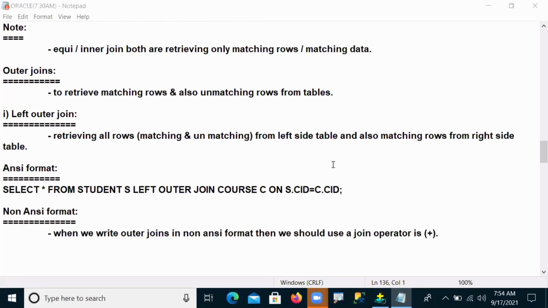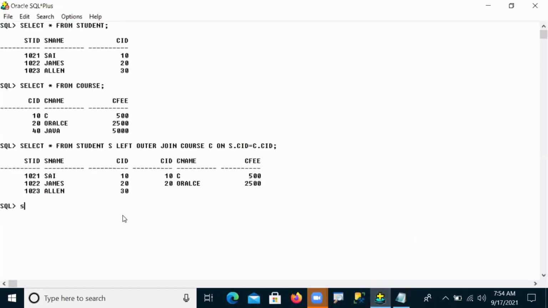Now let me see how to write this non-ANSI. Select star from student s, comma, c, and the join condition: where s.cid equals c.cid, carefully observe, c.cid, where I want to use a join operator.